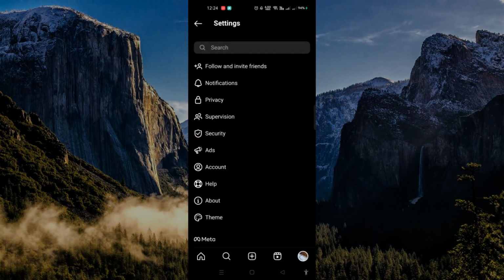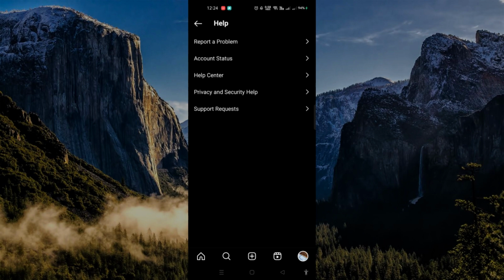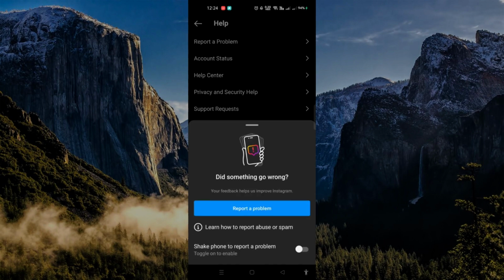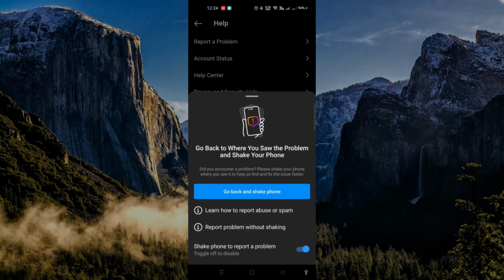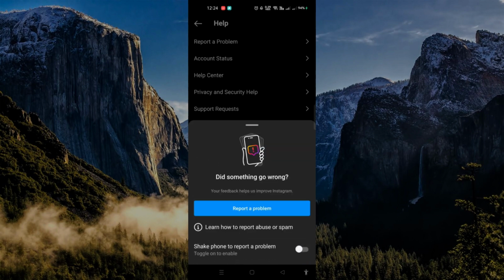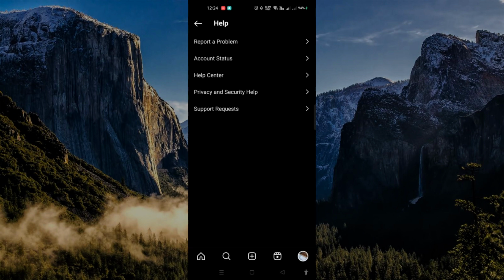And if it still does not show on your end, you need to report the issue, where you need to go to your settings and then click on help, that's below the word account. When you click on help, you click on report a problem. From there, you need to make sure that shake phone to report a problem is turned off. Once that's turned off, you just need to click on report a problem, and it routes you to a page